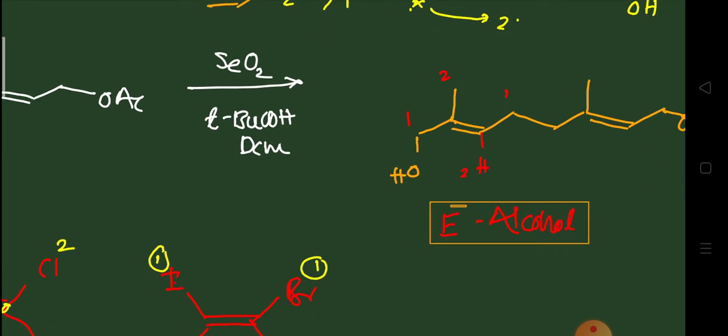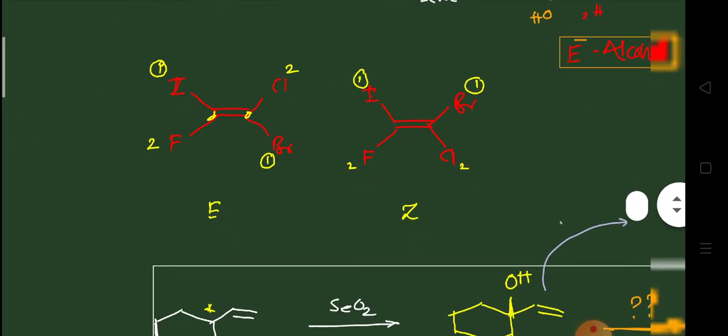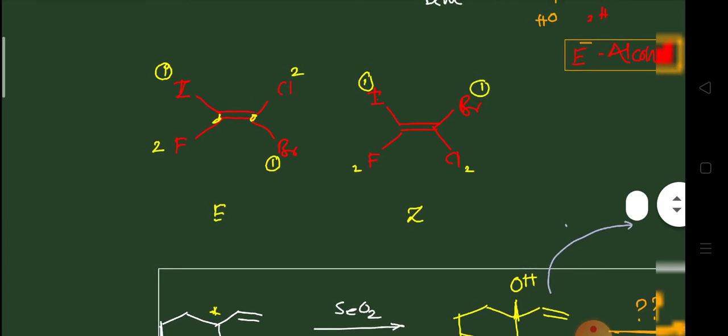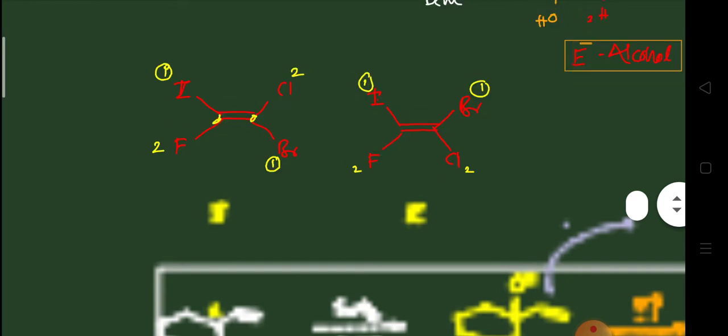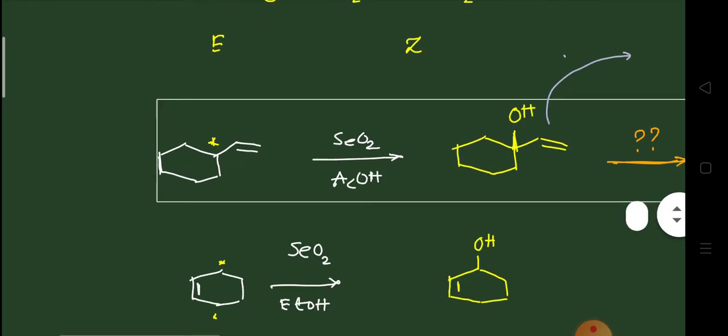First rule is that we have to identify the more substituted end of the double bond carbon, and second, your product should have E type stereochemistry, like this one. So based on that we should know about E and Z nomenclature. E and Z nomenclature are basically the stereochemical outcomes. We first give the priority, and based on that we can classify whether it is E or Z.